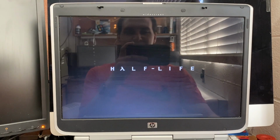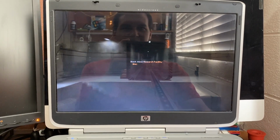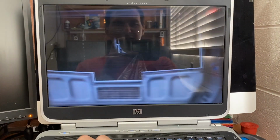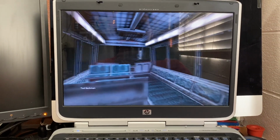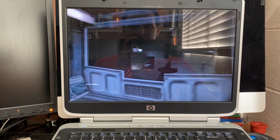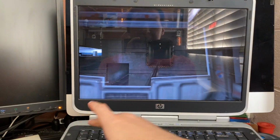Welcome to the Black Mesa Transit System. The automated train is provided for the security and convenience of the Black Mesa Research Facility personnel. The time is 8:47 a.m. Current topside temperature is 93 degrees, with an estimated high of...